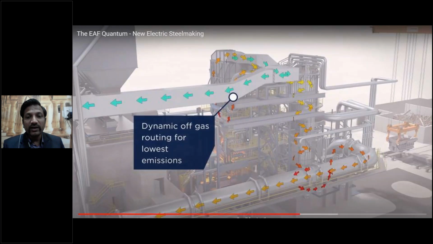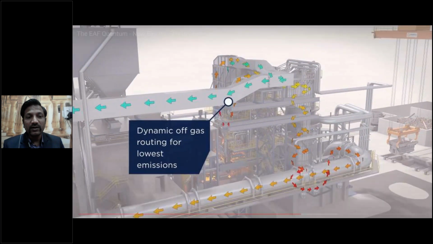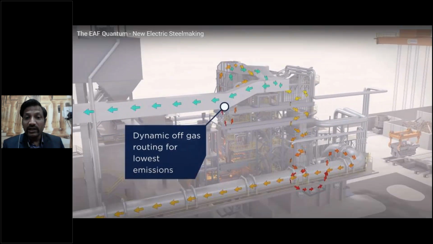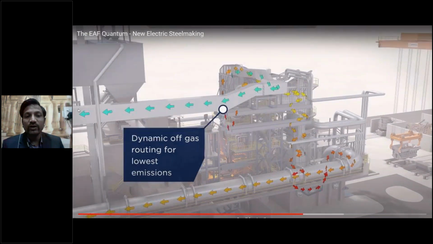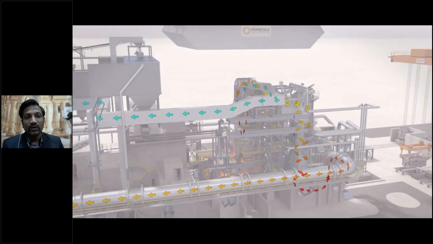Now here you can see the dynamics of the gas. अब ये पूरा जा रहा है, आपको जो जो ये दिख रहे हैं एरोज दिख रहे हैं, the color of the arrows, the darker red it means वहां पर टेम्परेचर ज्यादा है, और फिर वो मूवमेंट होते होते होते फिर इस तरह से जा रहे, उनका टेम्परेचर फिर कम होते होते यहाँ पर, और जो भी इमिशंस होते हैं उसको कंट्रोल किया गया है यहाँ पर लो इमिशन लेवल के लिए।